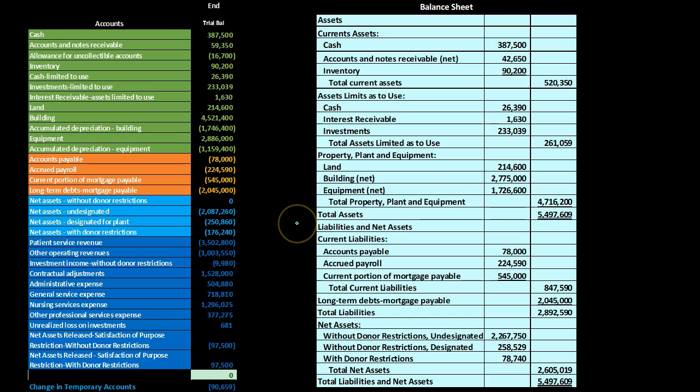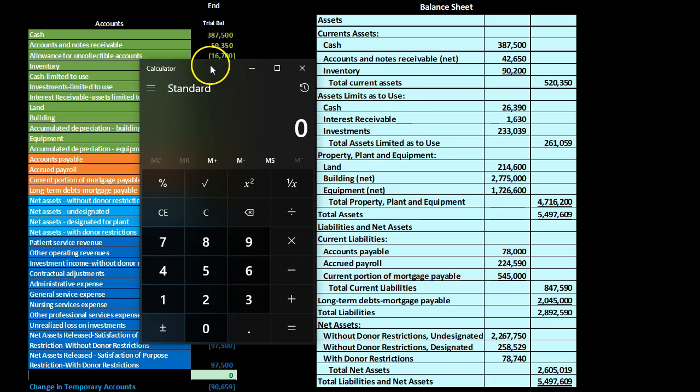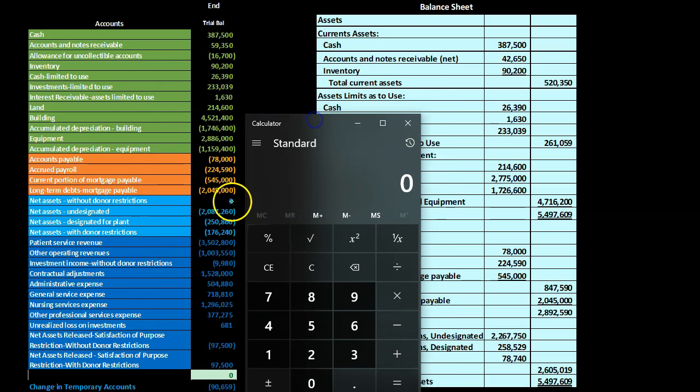So I'm going to do this with a calculator. If this is too tedious, that's okay, you can fast forward it, but I'm going to take the credits minus the debits for all the blue accounts here. So let's do that real quick. Credits minus the debits: 2,087,260 plus the 250,860 plus the 176,240 plus the 3,502,800 plus the 1,003,550 plus the 9,980 minus 1,528,000 minus 5,048,880 minus the 71,881 minus the 1,296,025 minus